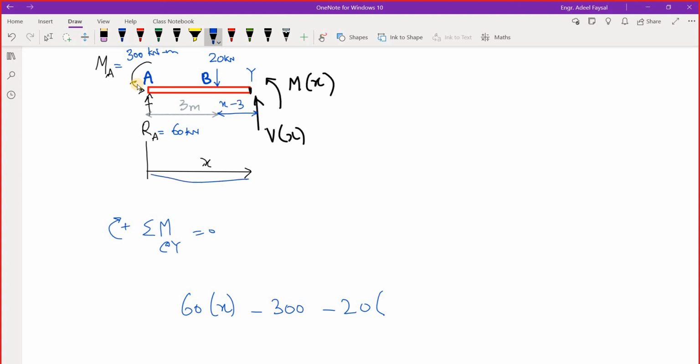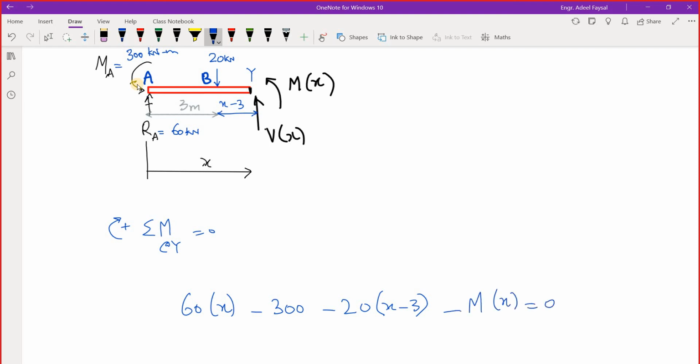This total is x, so if you take out this 3 you will get x minus 3. Alright. So this becomes 20 times x minus 3. Now again Vx will make no moment about y, and then we just have to write mx, so minus mx